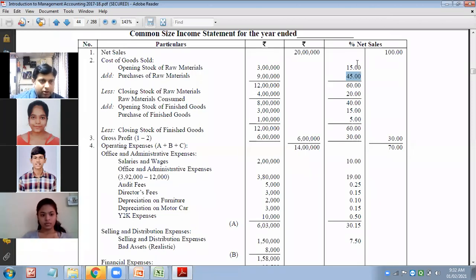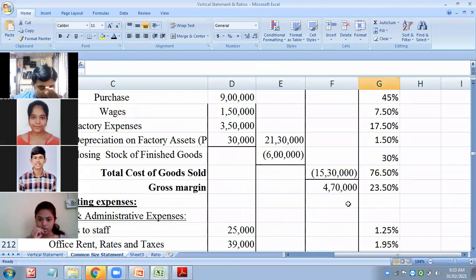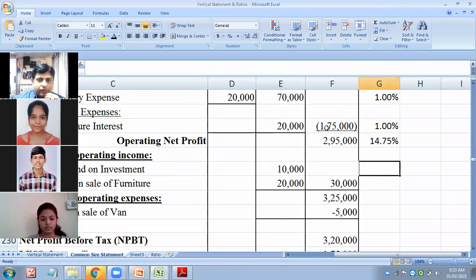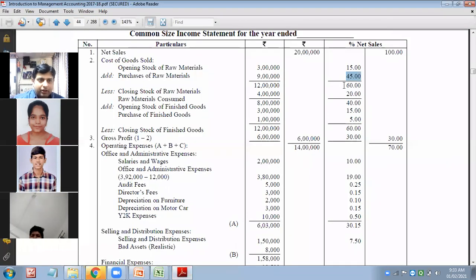So likewise, when we are making the common size percentage, you can divide this into two columns. Like here we got stuck. Just now you have seen. Okay. Here also we got stuck. It is 1% of 20 or 175. So if I would have two different columns, this would not have created a problem for me. So it's better we should have two columns, like what is very nicely presented in the textbook.